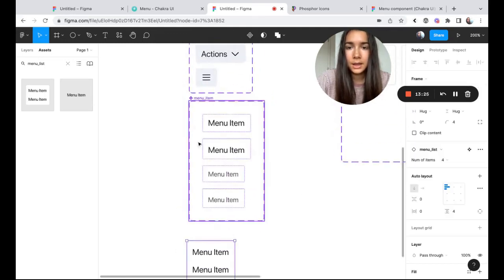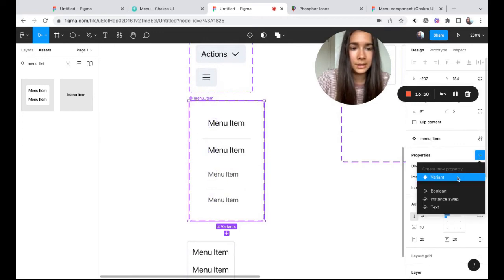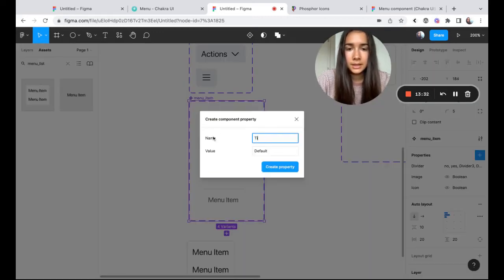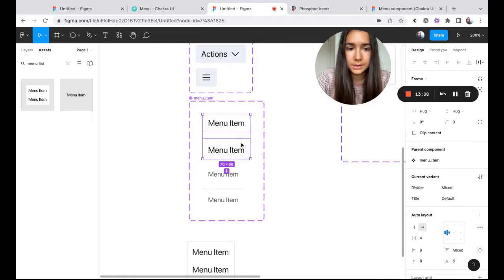Okay, and the last thing here is, once again, we're going to create a new property, and we'll name it title. This one is going to be no, and this one is going to be yes.